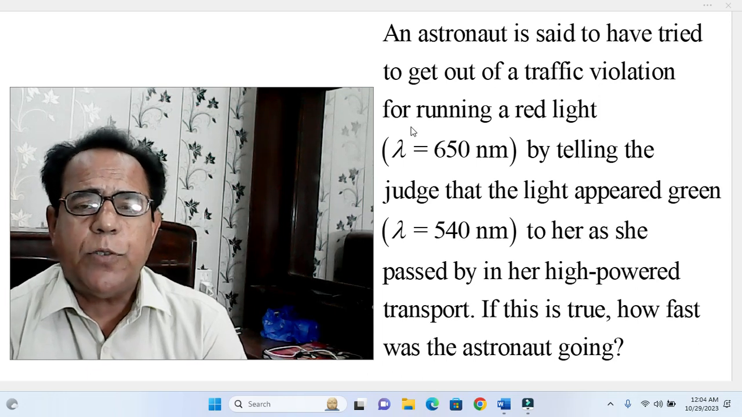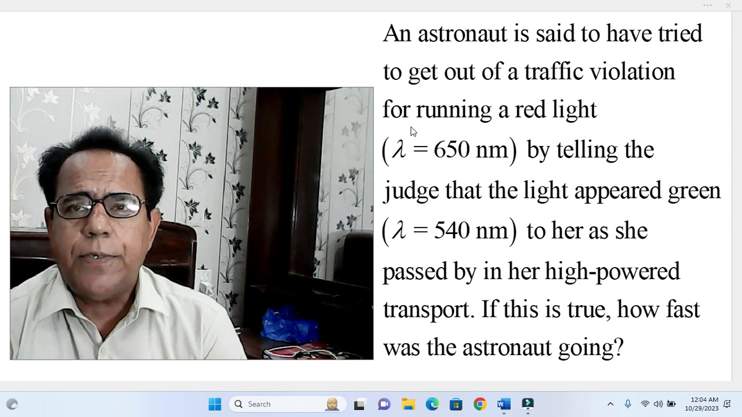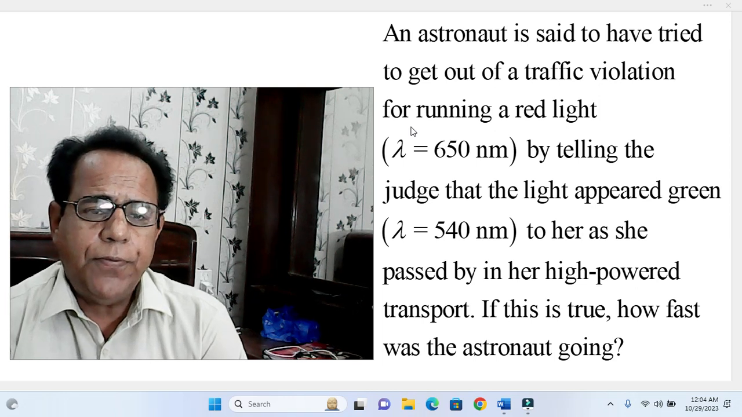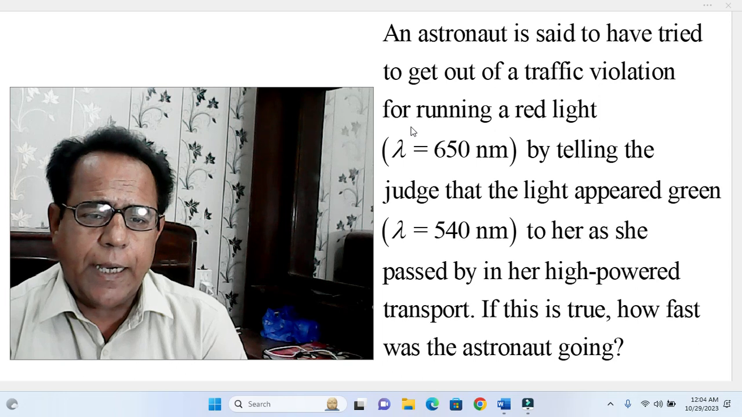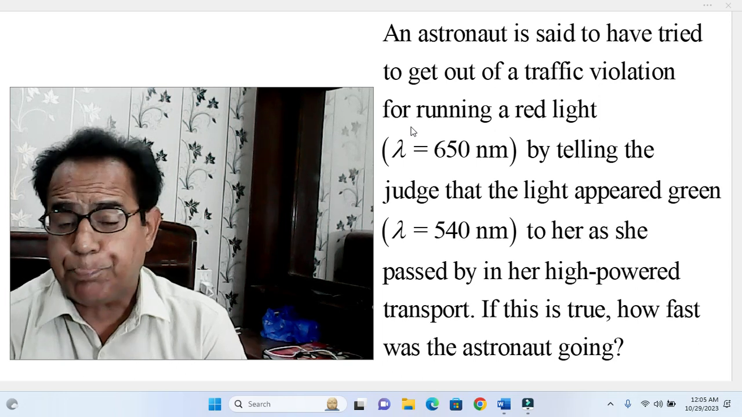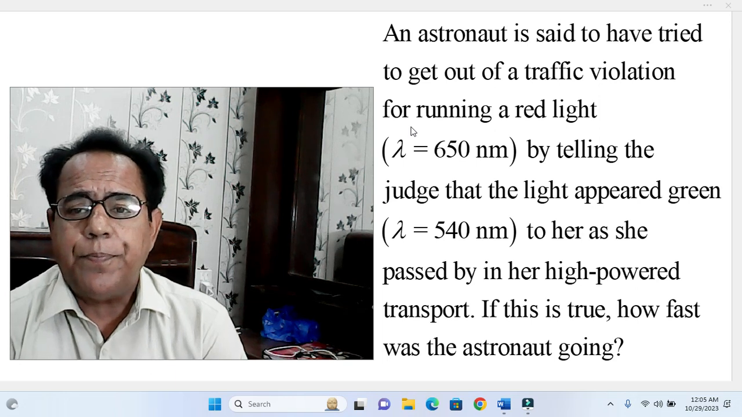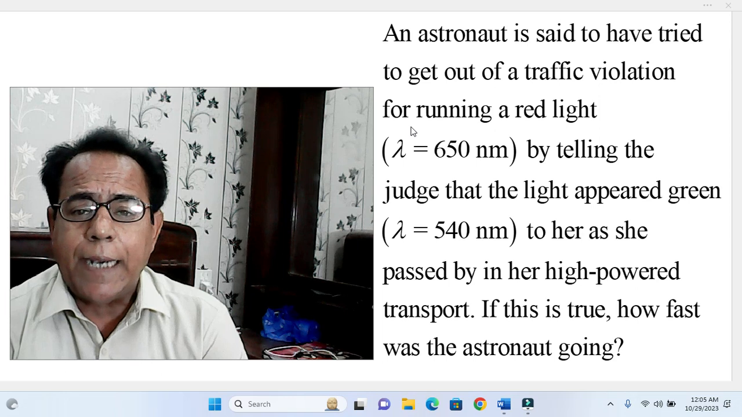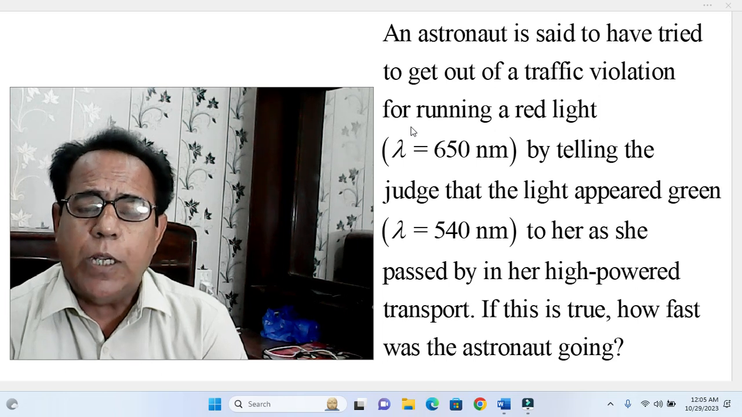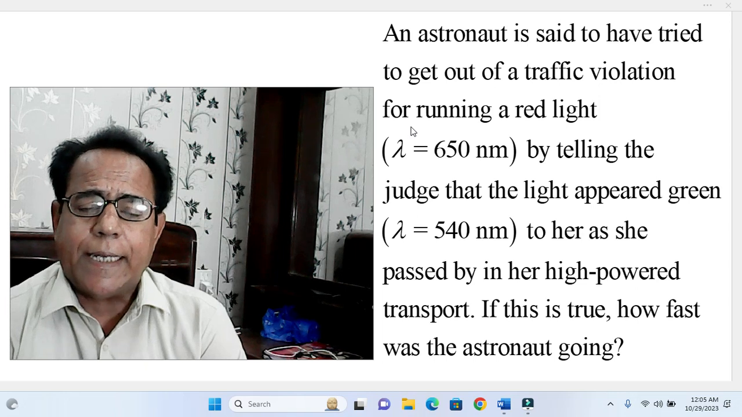Problem having been chosen from the book Modern Physics by Stephen T. Thornton and Andrew Rex. As usual, we first come to its statement. Okay. An astronaut is said to have tried to get out of a traffic violation for running a red light